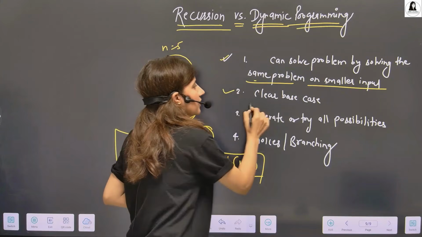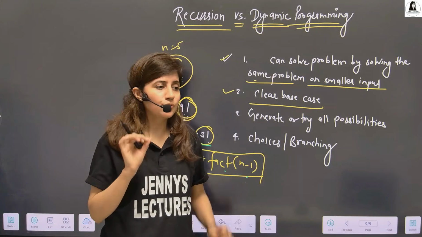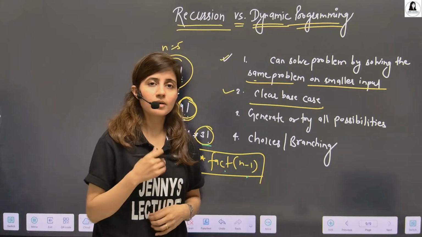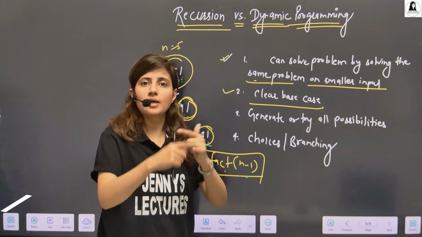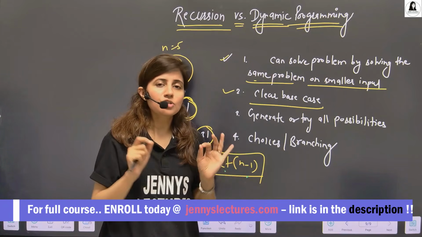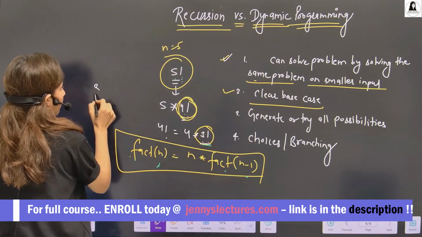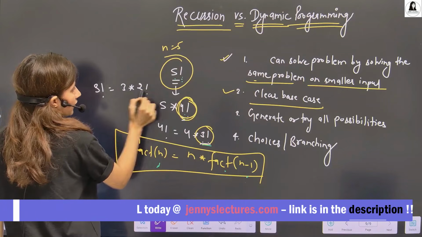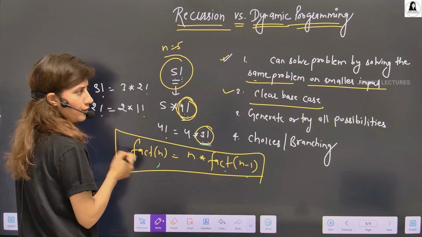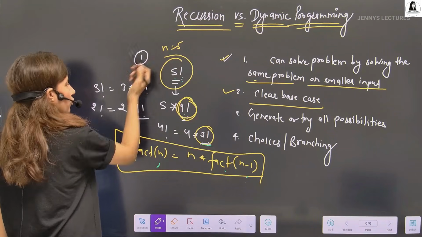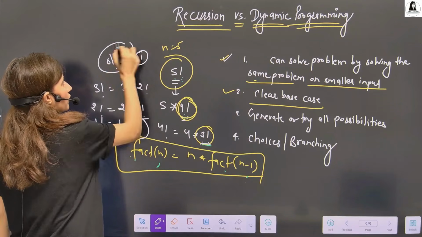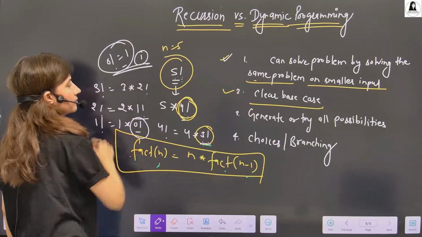Second, there is a clear base case, because to stop recursion it's very important that you know a base condition. If the base condition is not correct, or if there is no base condition, then recursion will not stop and it will be an infinite recursion. So there will be a clear base condition or termination condition of recursion. Like in this case, 3 factorial we can find as 3 into 2 factorial. Then 2 factorial we can find as 2 into 1 factorial. And we know 1 factorial is 1, or you can say 1 factorial is equal to 1 into 0 factorial, and 0 factorial is also 1. So that's the base condition. We know we have to stop here.